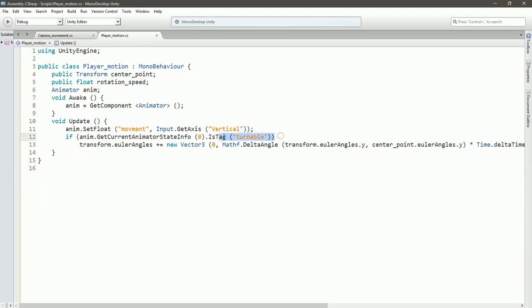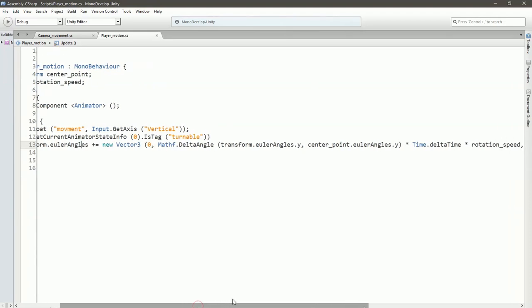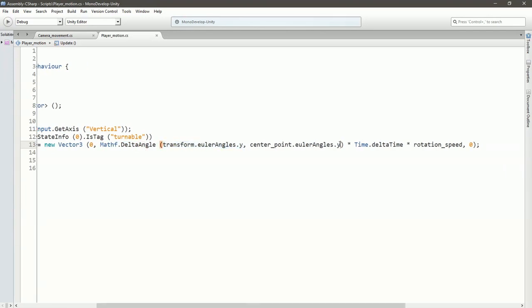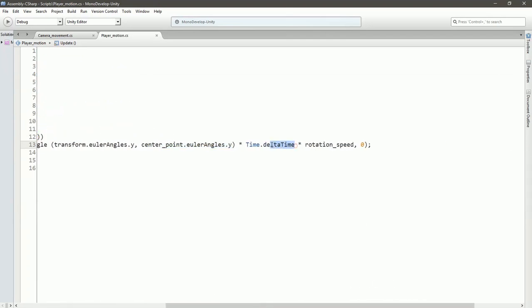So once an animation that we are currently playing is turnable, we add to our rotation by y-axis new value, which is the delta angle between our current angle and the angle that the camera is pointing. We multiply this by time dot delta time, to be frame independent, and then we multiply this by some rotation speed that we